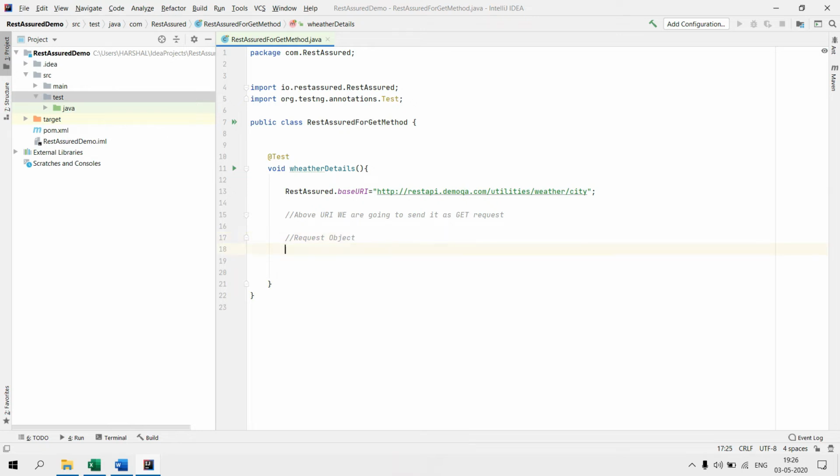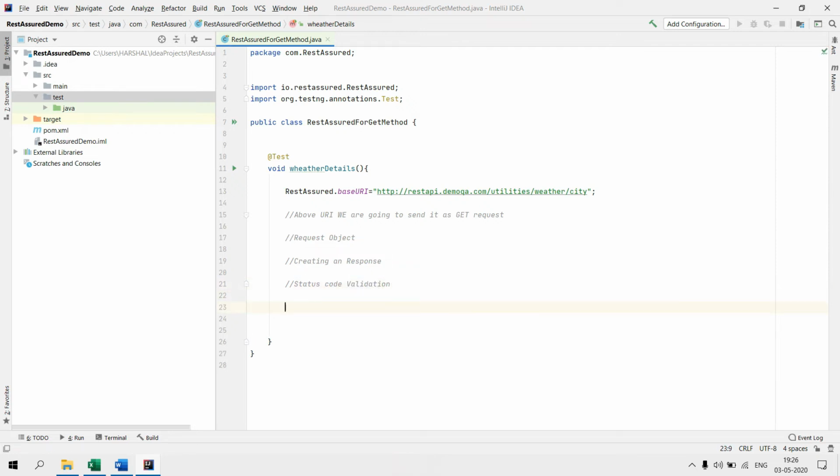Thereafter we are creating a response object. Thereafter we will do the status code validation, that's it.